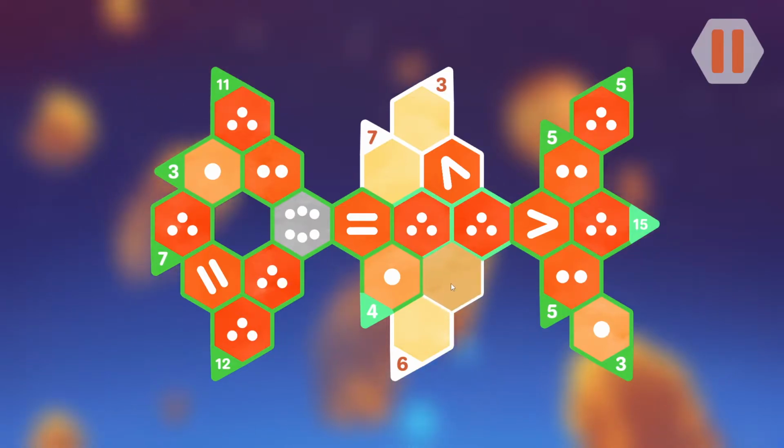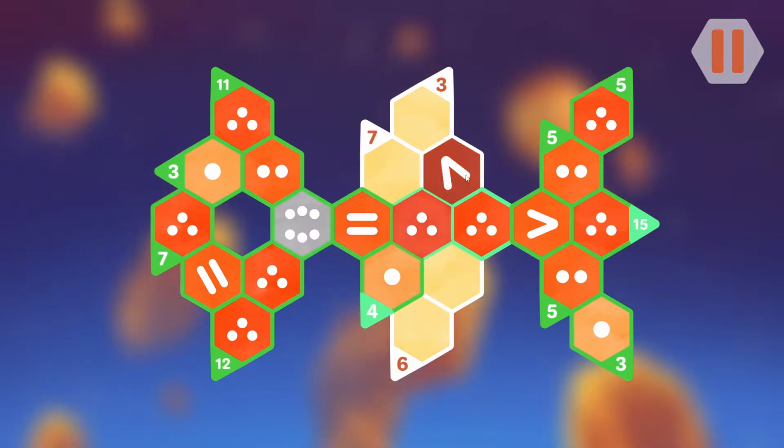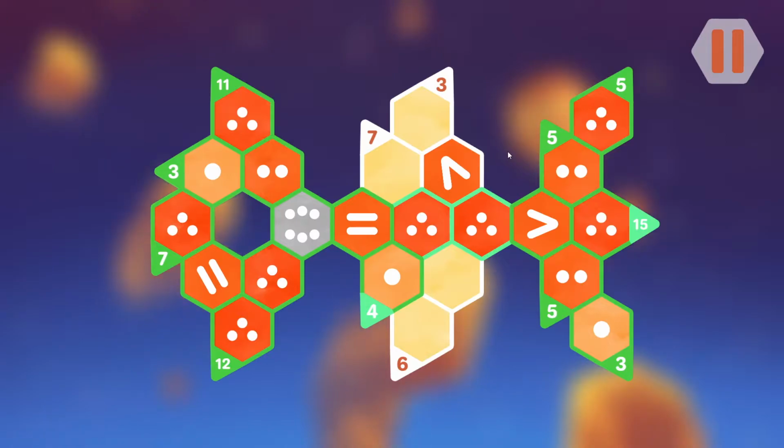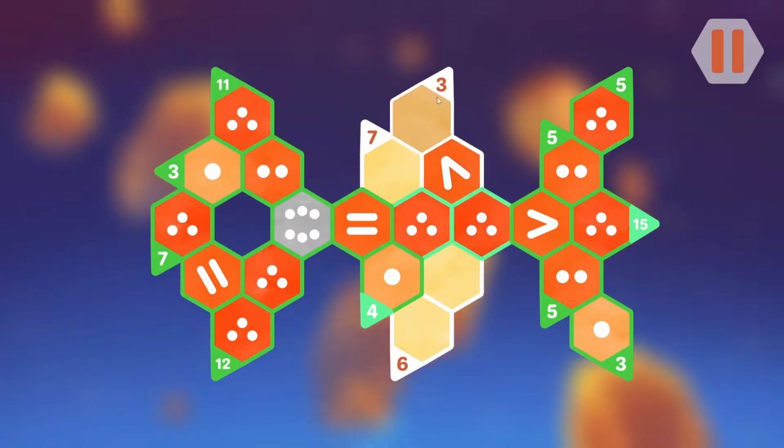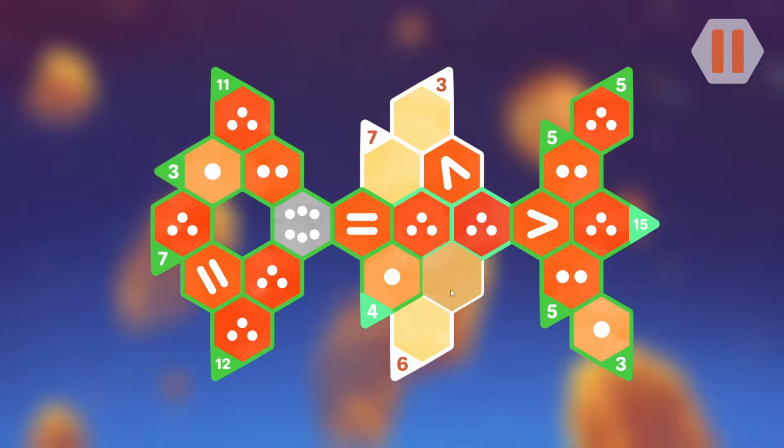And what else? Okay, so here we can have only 1 or 2. That's fine. Let's say we have 1 over here. We can't have 1 over here. If it's 2,